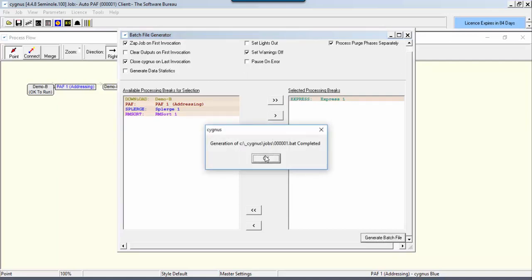Okay, so generate batch file, it's completed, and it's in that folder, so it's in your jobs folder, and in my case it's 000.001.bat, which is my job ID. So click OK,